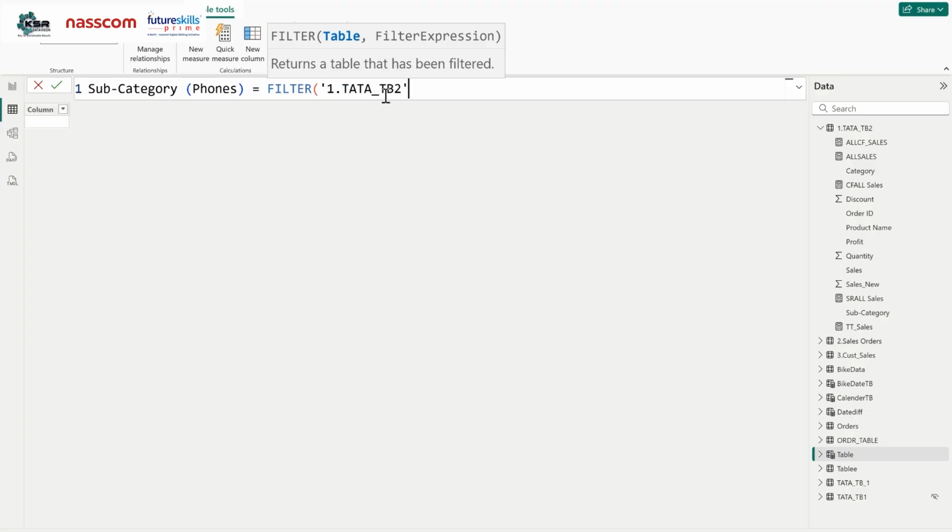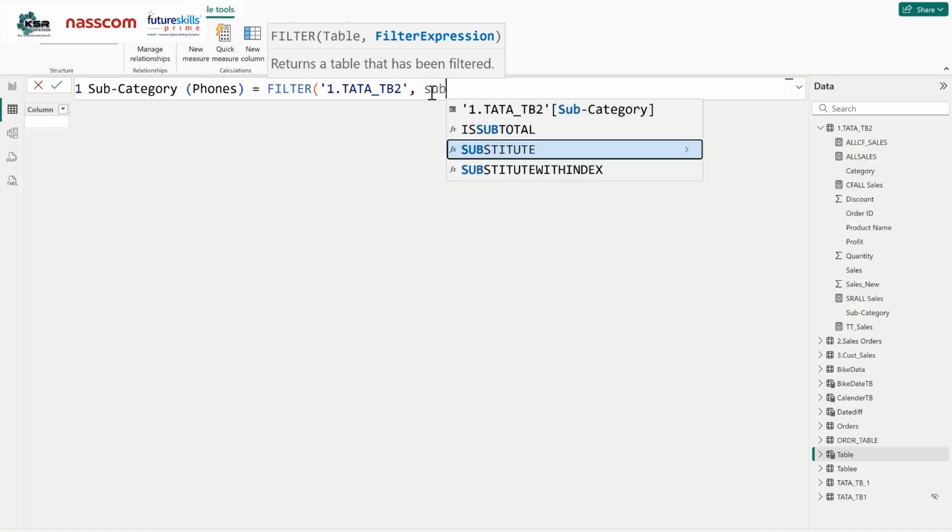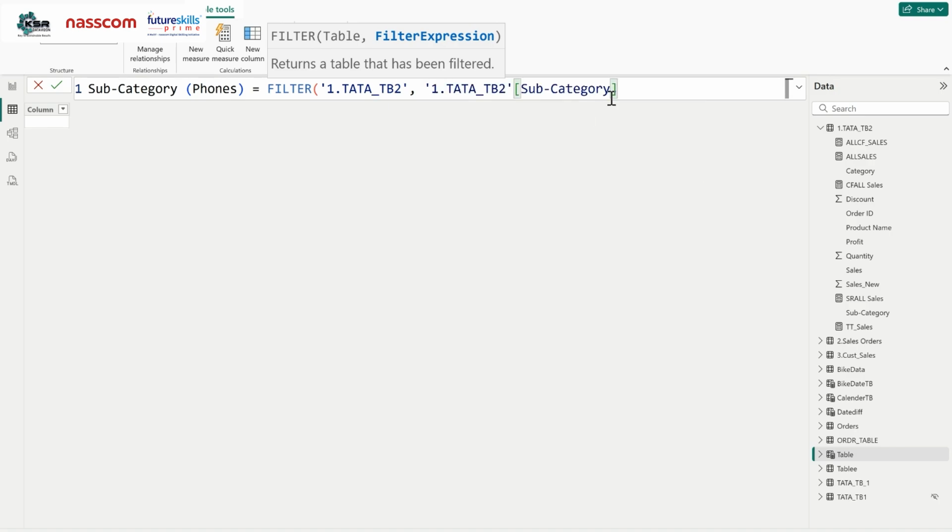So let's take this Table 2. Then we need to give an expression. What is meant by expression? We need to give some expression like equal to, greater than, less than, like that. So what is our requirement? I want to filter the fonts sales. Fonts is a value from which column? The column is subcategory. So let's call the subcategory, equal to,